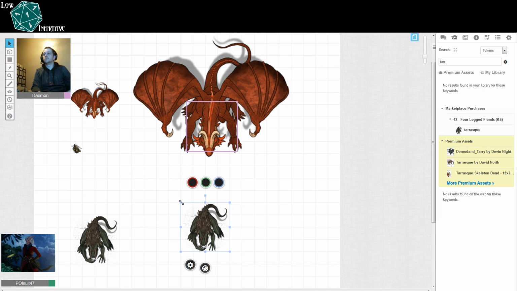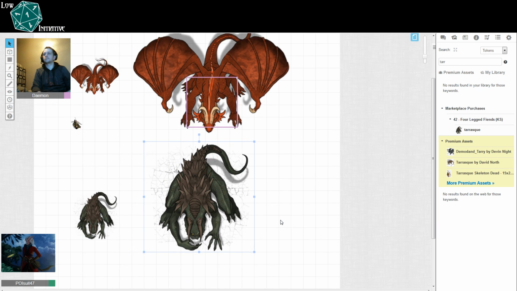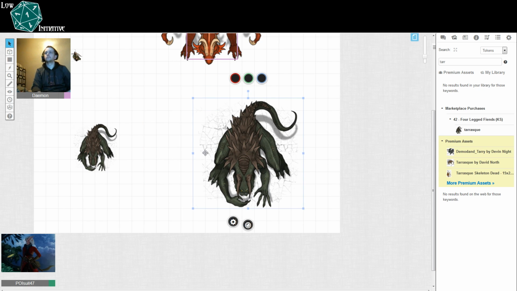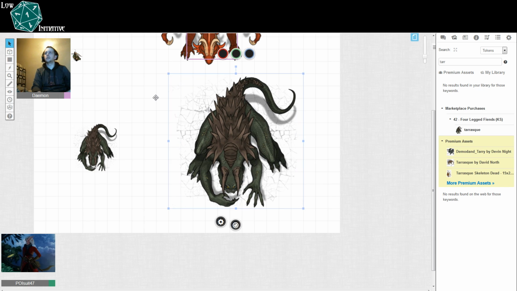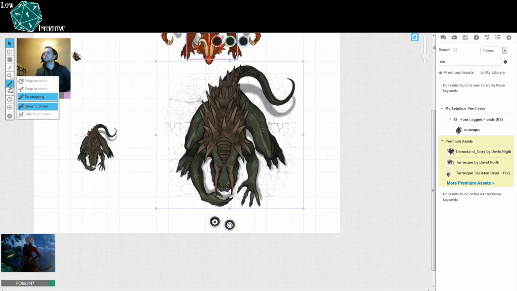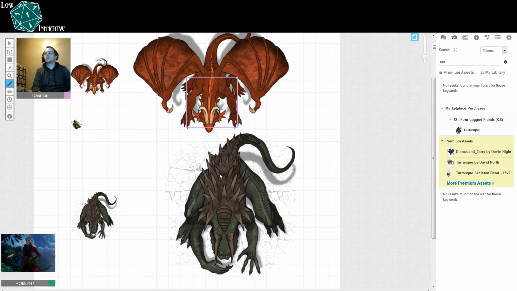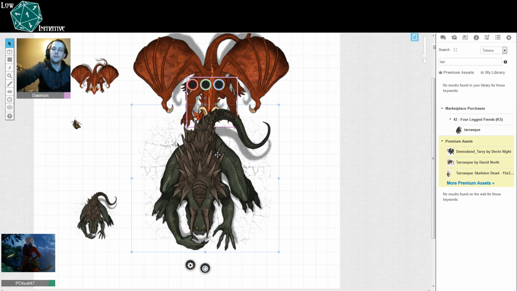I thought I said 100 by 50. It's 50 feet standing and 100 feet long. Gotcha. So from head to tail, it should be about 100 feet. And again, it's kind of standing up, so it's hard to get the exact measurements because the token is not laid out flat. But that's about close. It's still smaller than I would have expected. A lot of people tend to up the size of a Tarrasque anyway,